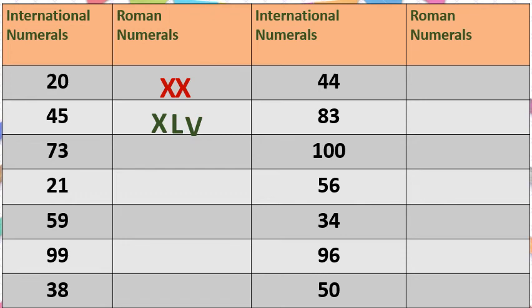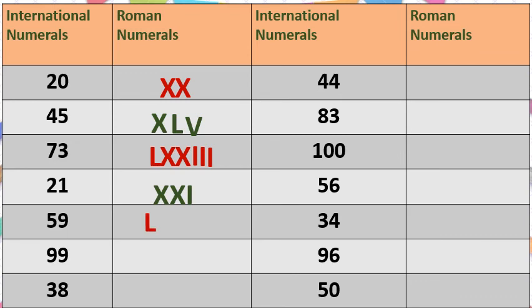Then what about 73? Yes, students, you are right. 50 we will write first. Then this is 60. Plus 10, this is 70. And 3 means 1, 1 and 1, because we can write 3 times. See, this is 50 plus 10 plus 10, that is 70, plus 3. Got this? You came to know how to write it? 21 is dead easy.